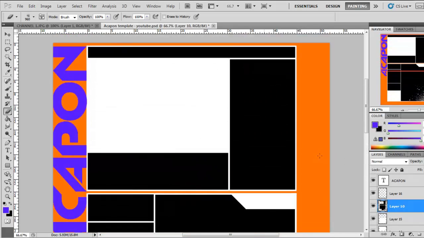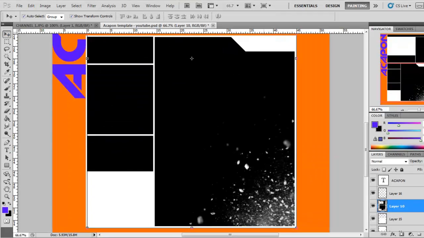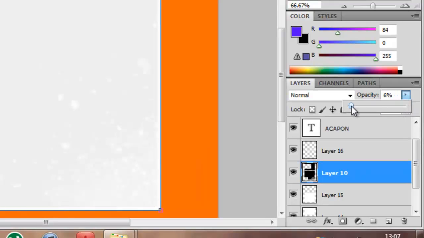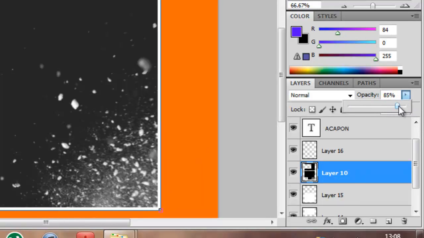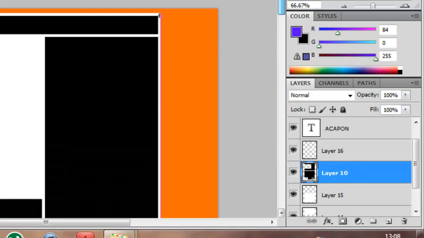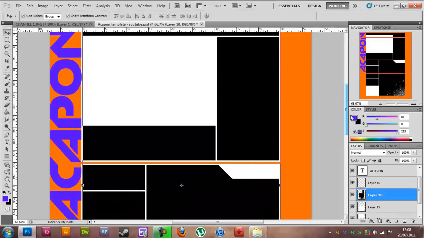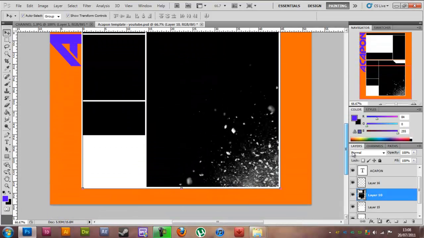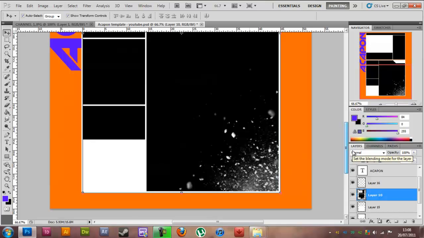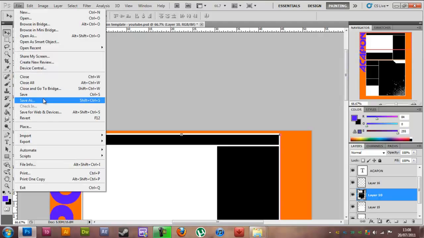You can do whatever you want to it. You can change opacity settings, so like the black boxes, you just go to opacity and lower the opacity if you don't want it as dark. You can change the colours around, you can do everything. So if there's anything else you're not sure of, let me know and I'll make a more advanced tutorial for you, and you're sorted. Just one last thing, I'm going to go to File, Save As,